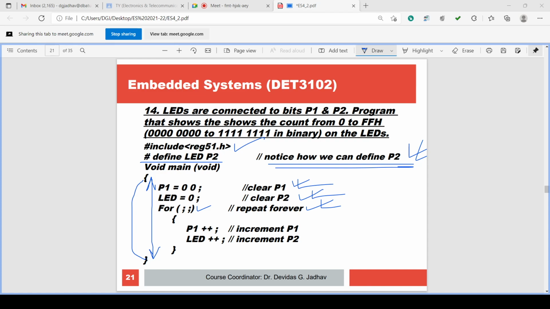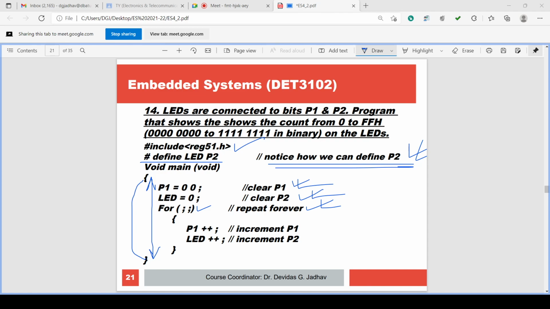So delay is required to identify the port output, which pattern, which sequence, what is the value of the port output, whether it is 0 0 0 0 0 0 0 0, or 1 0 1 0 1 0 1 0, or 0 1 0 1 0 1 0 1, or 1 1 1 1 1 1 1 1, whatever condition can be identified. For that purpose, we are introducing the delay. That is the same as in the previous programs.